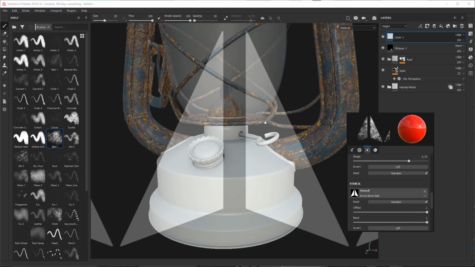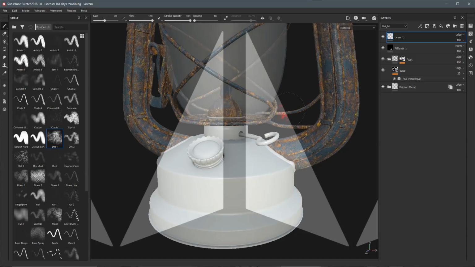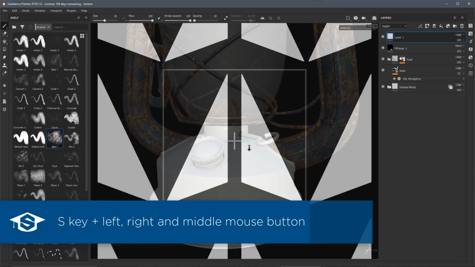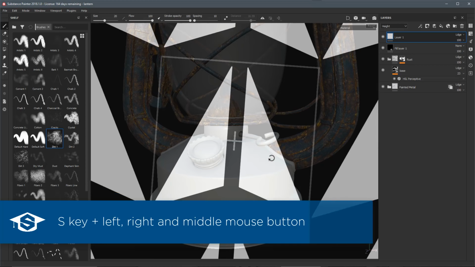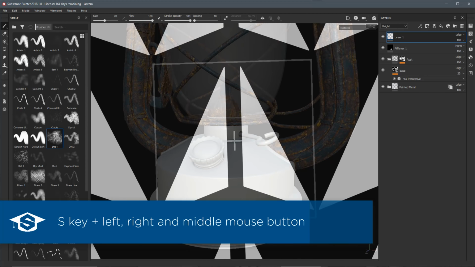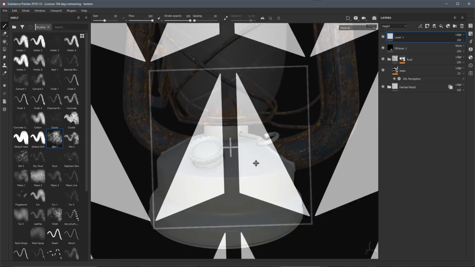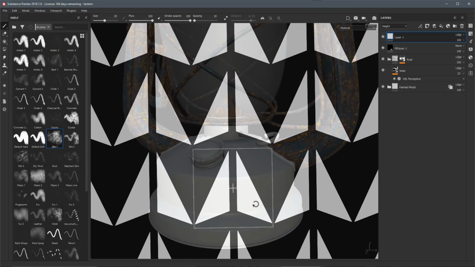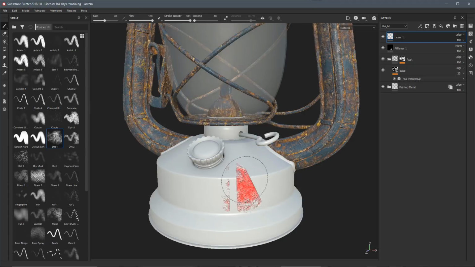Now to operate the stencil, you hold down the S key on the keyboard. Let me just left click to get rid of the quick view window. I'm going to hold down the S key. Here in the bottom left of the viewport, you can see the keyboard shortcuts to navigate the stencil tool. The S key with the right mouse button is going to zoom in and out. The S key with the left mouse button is going to rotate. And the S key with the middle mouse button is going to pan. With this, I can set up my stencil,